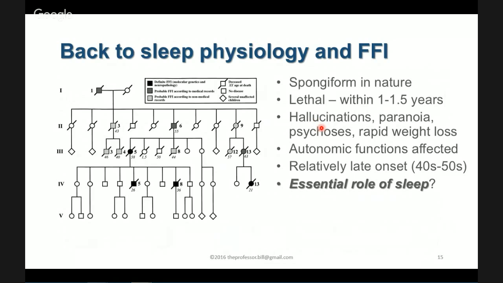And usually before you die, this disorder is really, really bad. In fact, if you go online, you can look this up later. I'm not going to show you this particular video, but the video that I was introduced to when I started in grad school was the video of Michael Cork. Michael Cork is a musician and a music teacher in the United States, and he develops FFI. And if you see what happens to him and his slow degeneration over the course of 6 months, he passes away after 9 months,